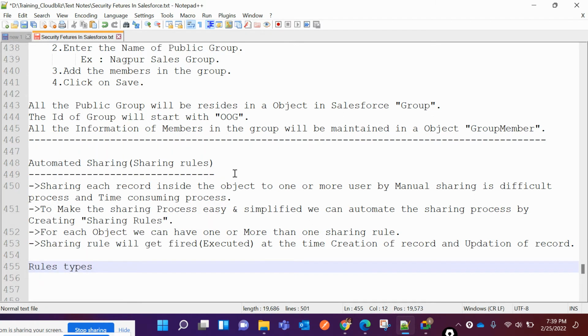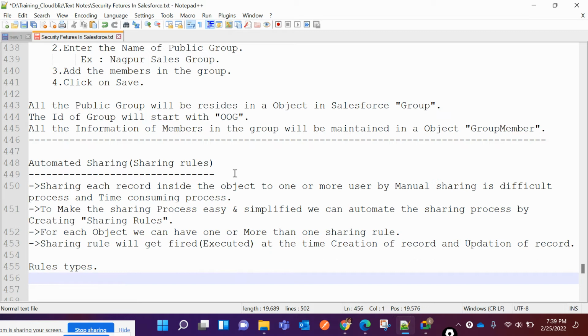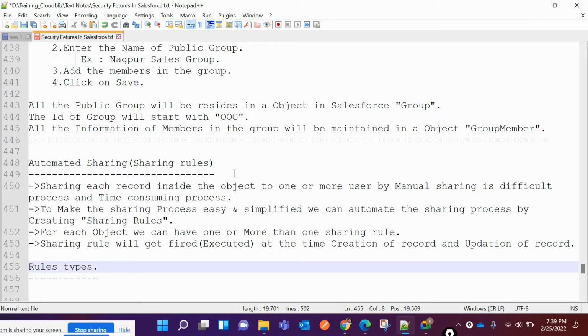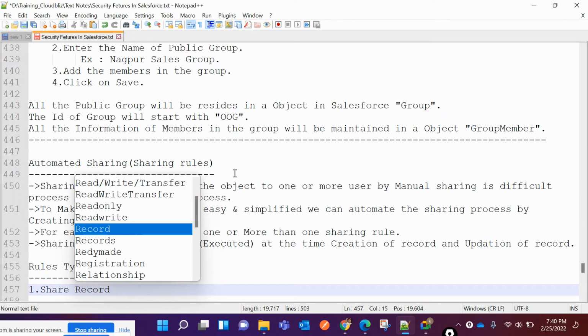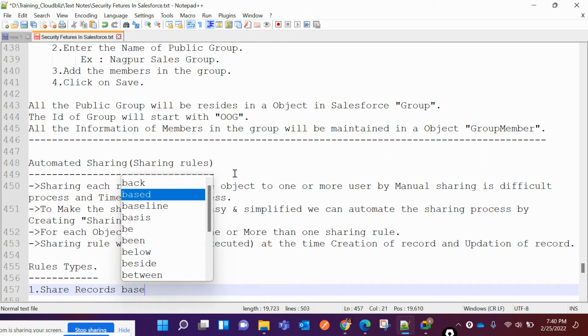What are rule types? The first rule is share record based on